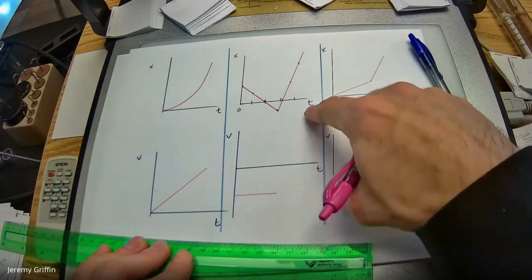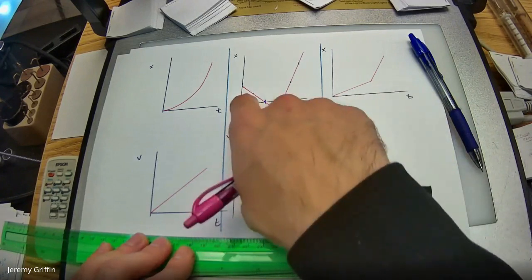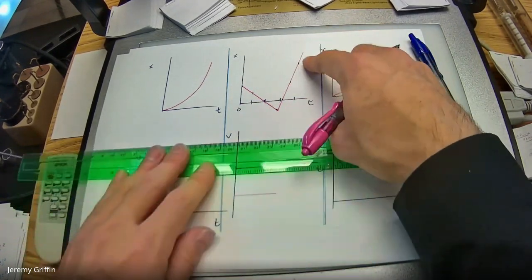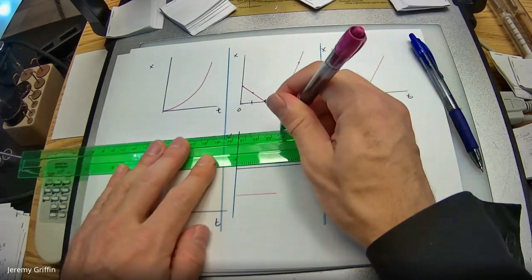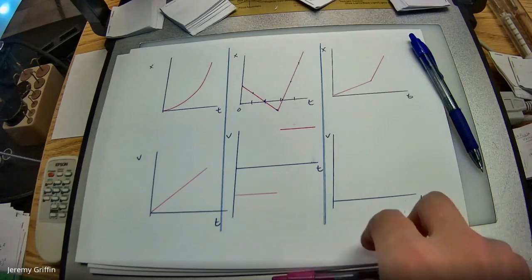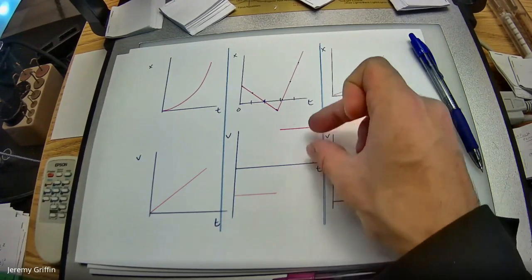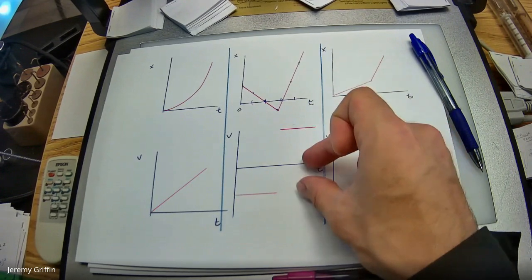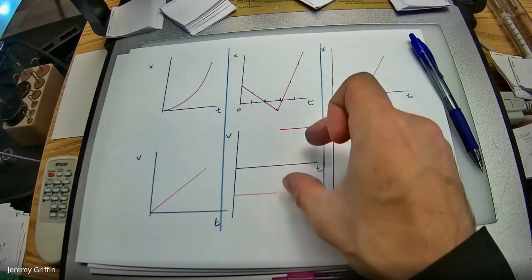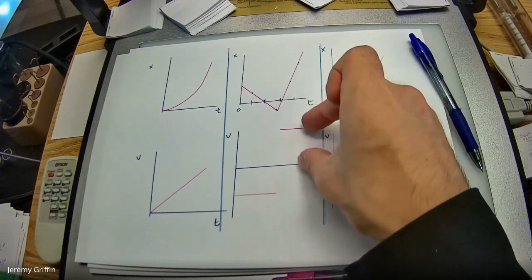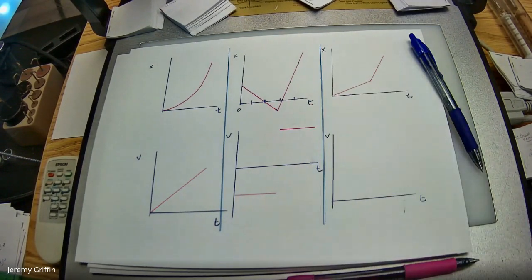And also really fast. If you compare these slopes, it looked like they were going backwards kind of slow and then moving forward really fast. So with those two ideas in mind, I'm definitely going to have a positive velocity, and it has a magnitude that's greater than the negative velocity. I should have made that more pronounced, but this is only like negative 3 meters per second. This might be positive 5 meters per second, something like that.